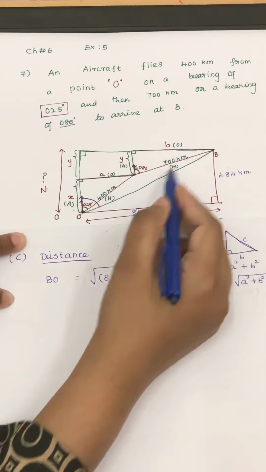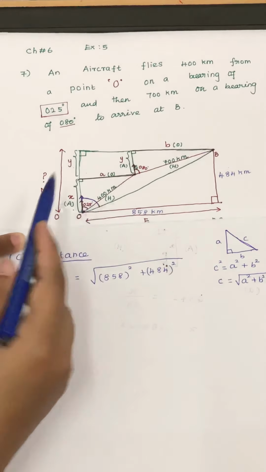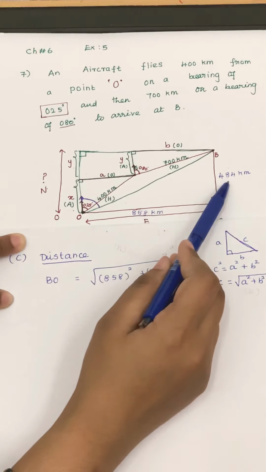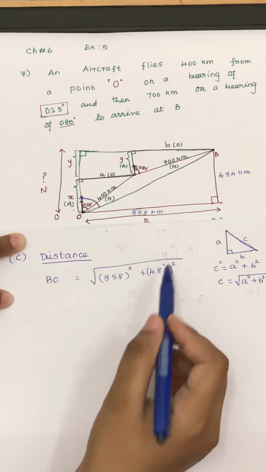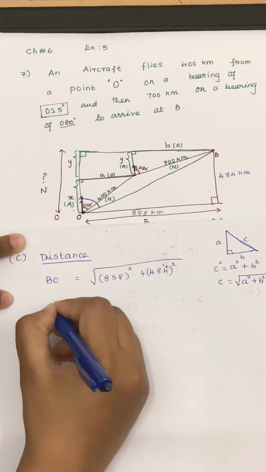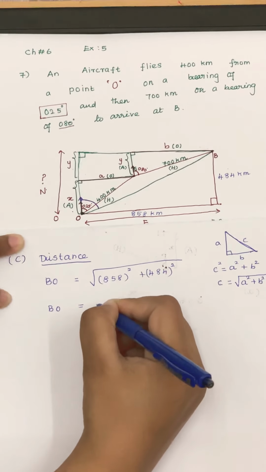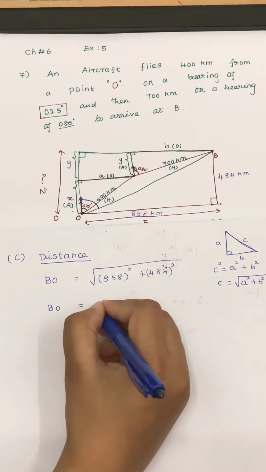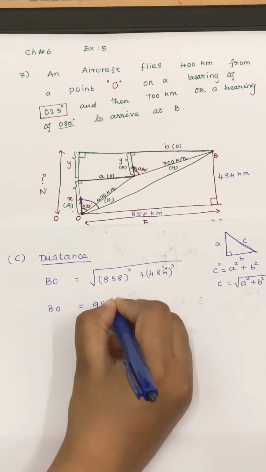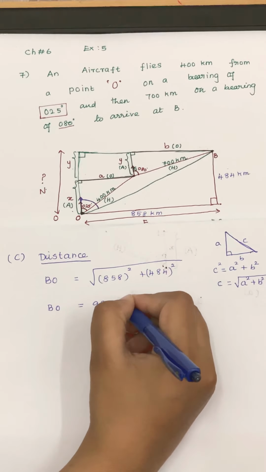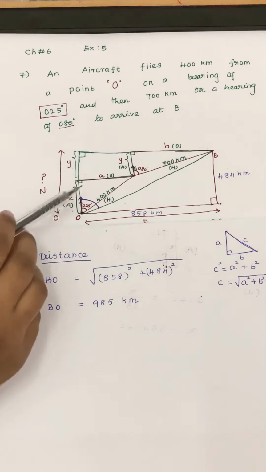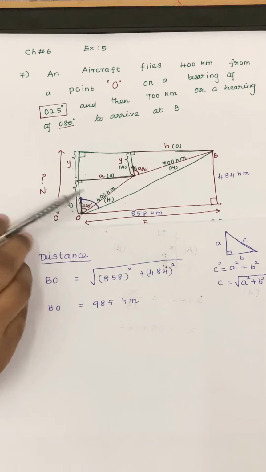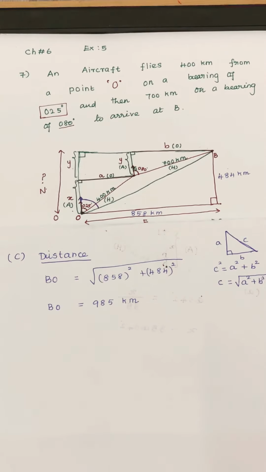Since it is a right angle triangle, this squared equals 858 squared plus 484 squared. Removing the square, I have to put the square root. Put it in your calculator and you will get approximately 985. You will get some decimals, I rounded up to kilometers. Okay. Then now I have to find the bearing over here. Correct? Part C is not only to find the distance from B to O.